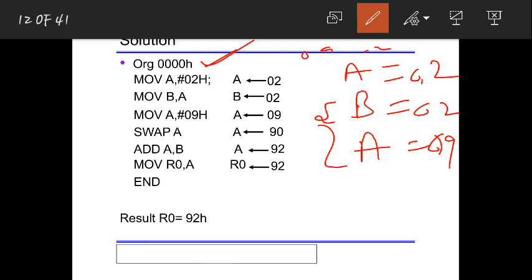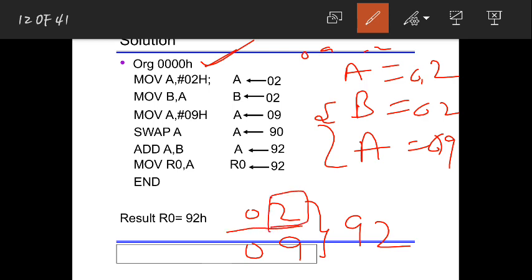Next, see, here I have the values 02 and 09. But the value I wanted, to pack this, I am writing as 92. So see, the 2 is already in the lower nibble, in the same place. But the 9 I am trying to move to the higher nibble, but it is in the lower nibble place.